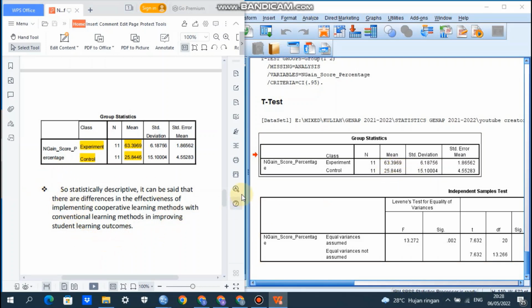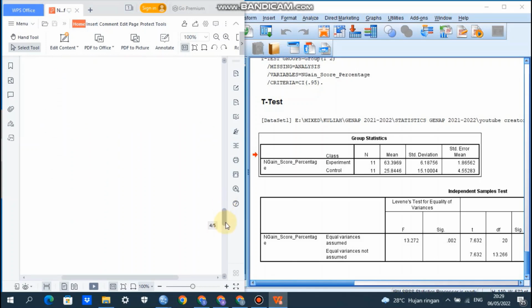So statistically descriptive, it can be said that there are differences in the effectiveness of implementing cooperative learning methods with conventional learning methods in improving student learning outcome.